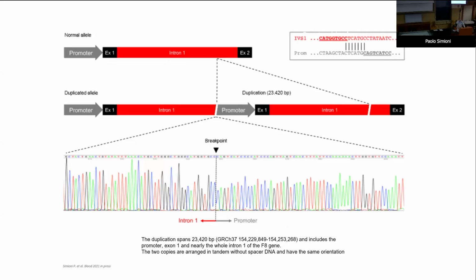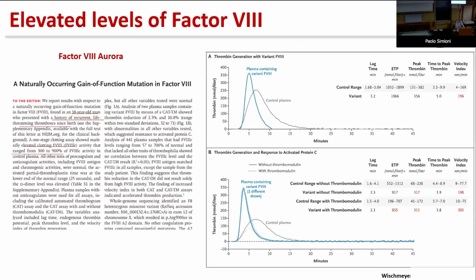In this case, actually, you have a 25 kilobase duplication of the factor VIII gene, and you have a gene that was hyperexpressed, because maybe you have two promoters that push the synthesis of this factor. So it's something strange. And this is very recent, a few months ago, another defect that is related to factor VIII. This is the second gene mutation that has been identified as responsible for high factor VIII levels and